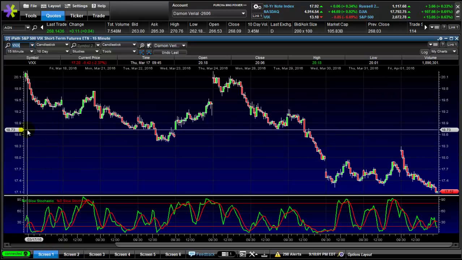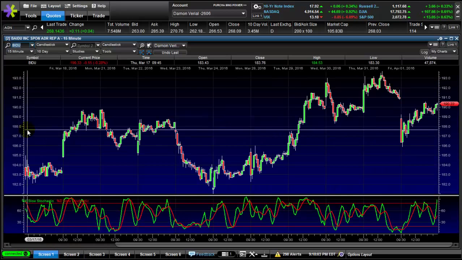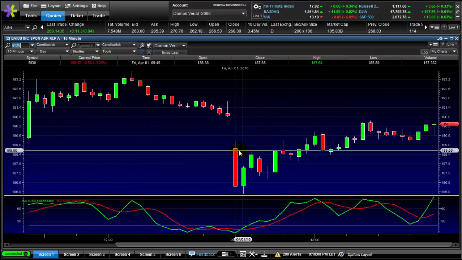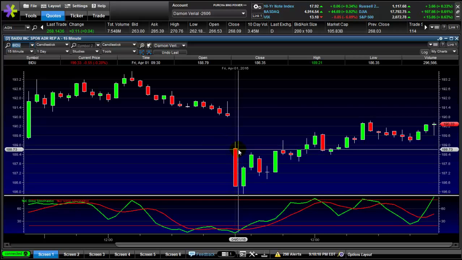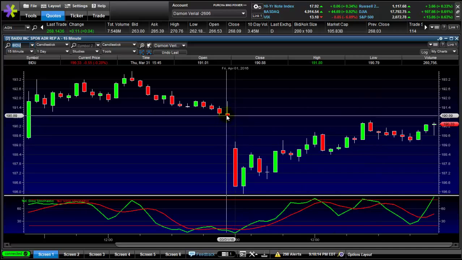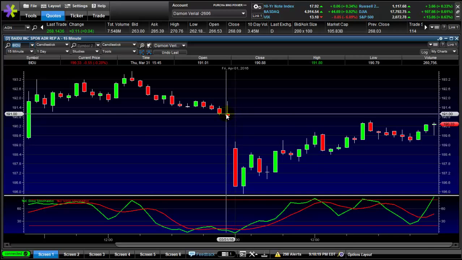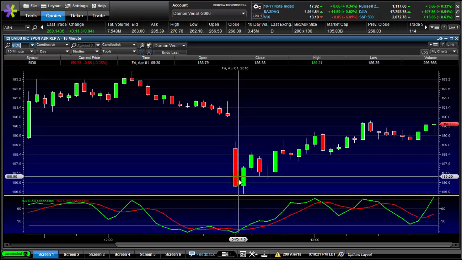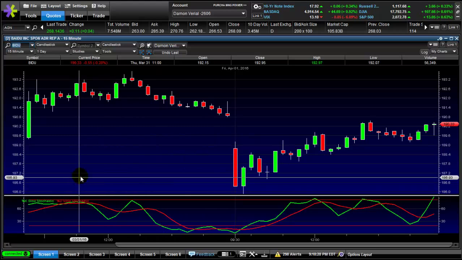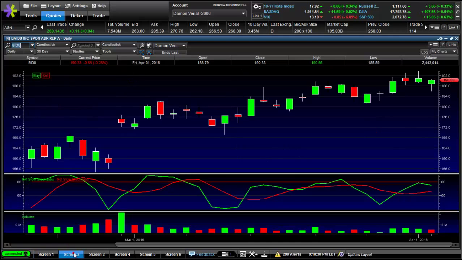If you look at the daily for Baidu, we saw it started off downward very strong, and then money was pumped into it that brought it back up. But within a single day, let's say we bought a put option at the close, 191 all the way down to 186. That could have made us $500 per put option. Now, whether that happens again or not is questionable, but the fact that we have a hammer candlestick pattern, which generally looks like